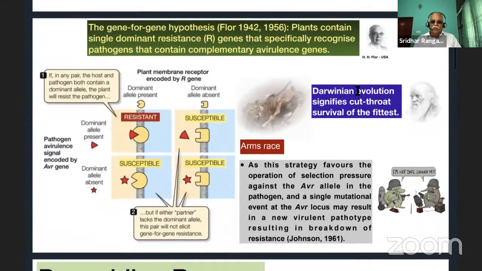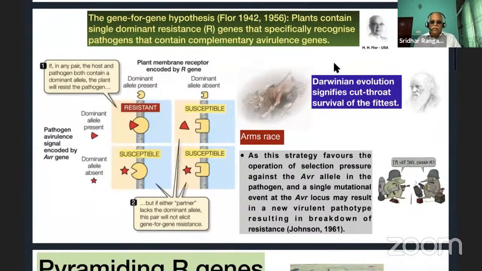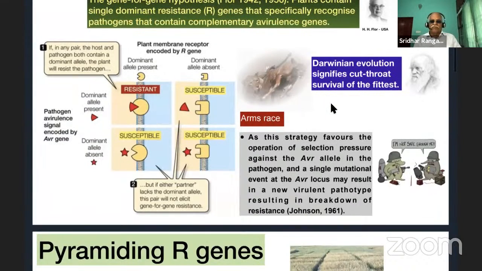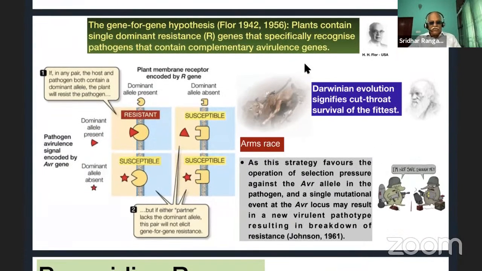There was a mention about Flor's gene for gene concept. You can see Dr. Flor here, those who have not seen his photograph. And his concept of gene for gene resistance has come out through 40 years of research in the host plant and the pathogen linseed rust that has taken place in that. It's not all of a sudden the concept has come up. It took 40 years for Dr. Flor to arrive at the concept of this gene. At that time, the molecular biology was not known.